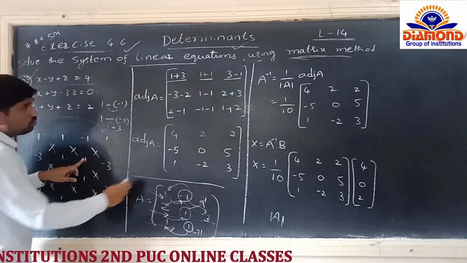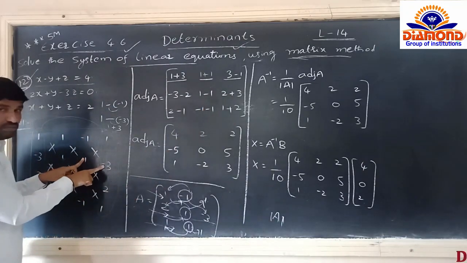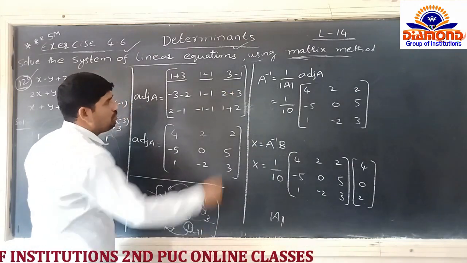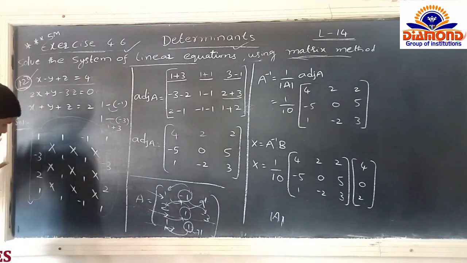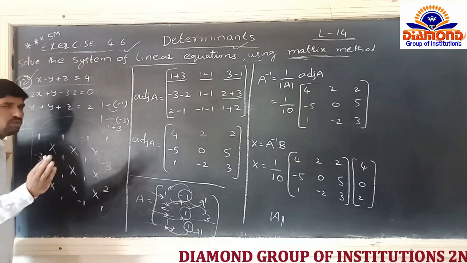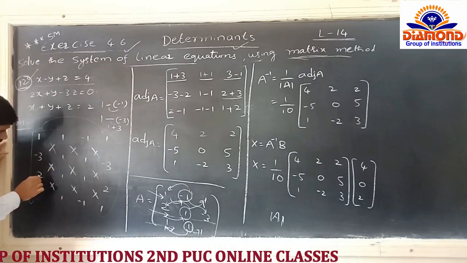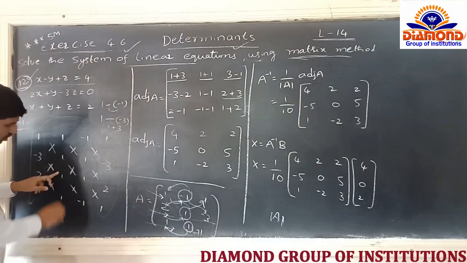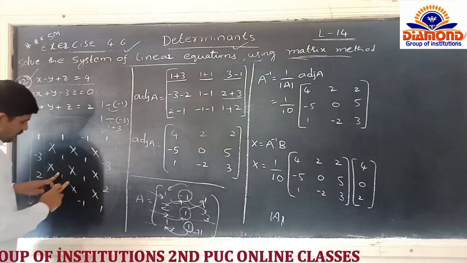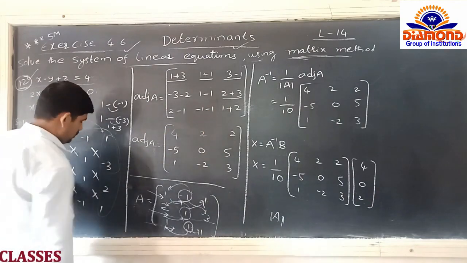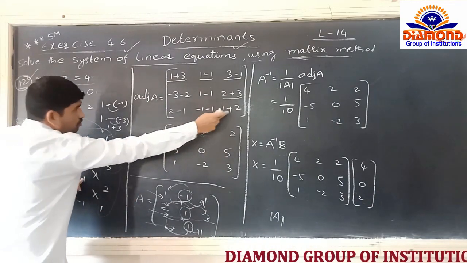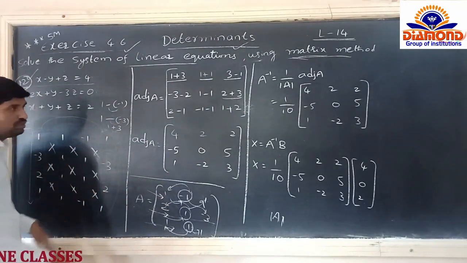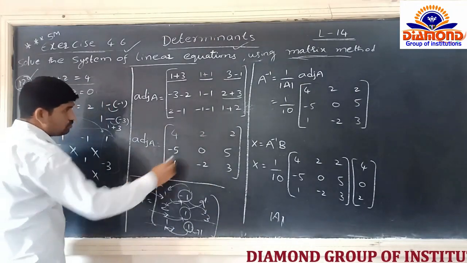Again see, similarly 1 into 2 is 2, in between minus, but having minus here, that's why I am writing 1 into minus 3, in between having the minus, plus and minus is minus, plus 2 plus 3. The last one, in the similar manner we are going to continue. Yes, you people can also work in parallel. Yes, see here, 2 into 1 we can write 2, between minus 1 into 1 is 1. Completed now. So now plus into minus is minus 1. Yes, 1 into 1 is again 1, in between minus. And the last one is 1 into 1 is 1, between minus, but in front of these numbers having the negative, definitely we get what in between? Plus. So that's why plus 2.